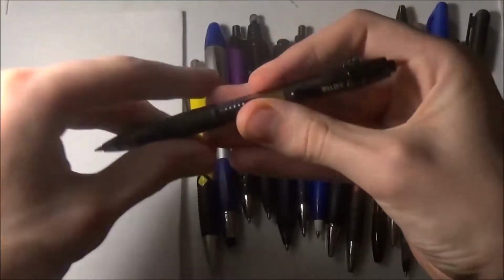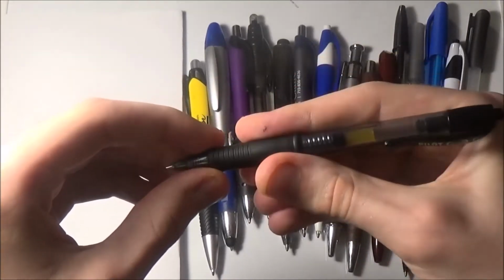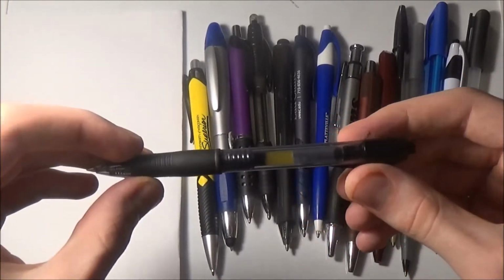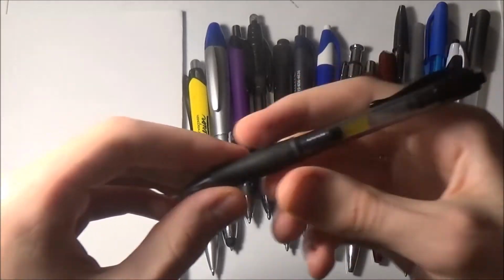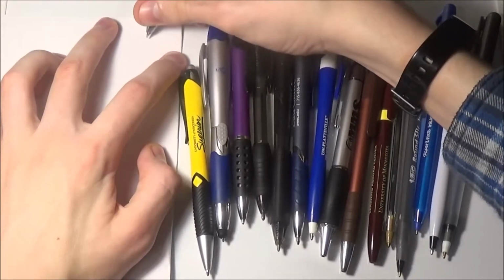Let's get started with our first pen. This is the Pilot G207. It has a very nice kind of grip, almost. I like it when pens have these kind of grips. It makes me feel kind of fancy, like I'm holding a fancy pen. So that's a point in its favor, let me just say that. But when we get to the actual doodling,